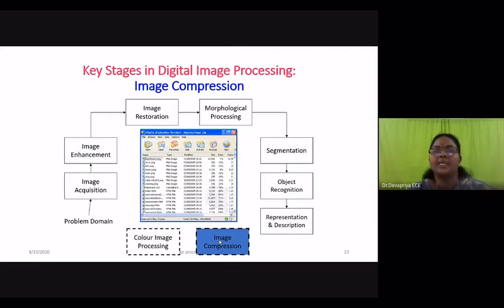Compressing means if an image is of size 1024 cross 1024, the image size is very large and you want to reduce it. So you reduce it to a size of 512 cross 512. What you can do is remove the alternate columns.